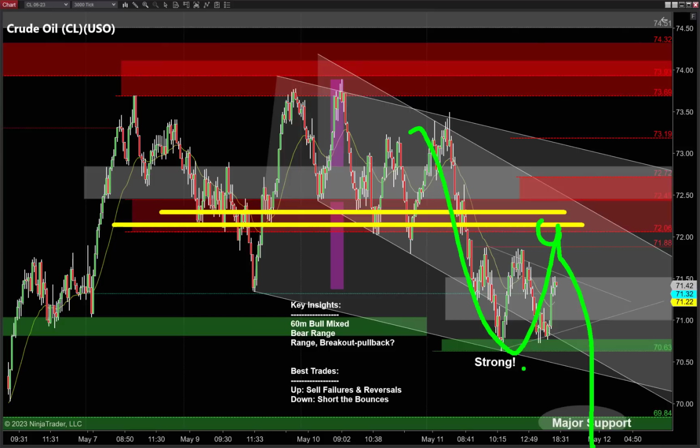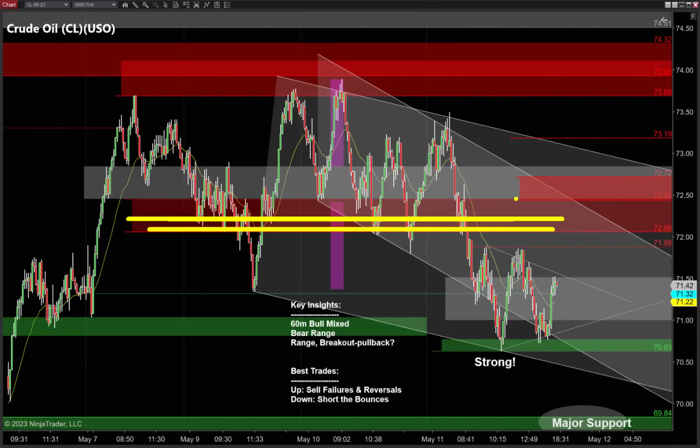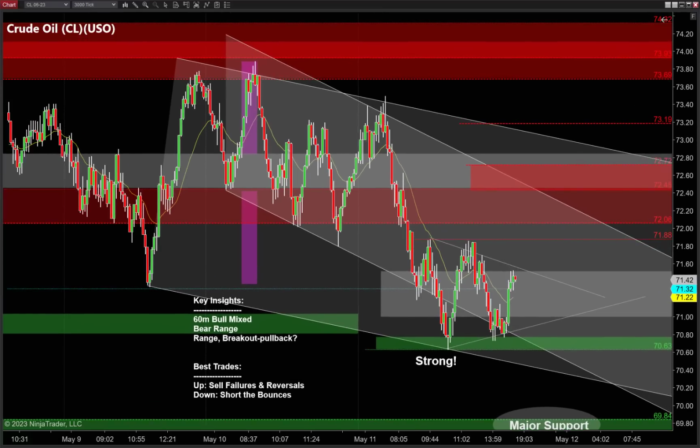Ranges are pretty simple in that sense, right? We buy low, we sell high, and then once we get a breakout, once we see a convincing breakout down here, we then start using the underbelly, as I say, the previous levels of that range as key areas of resistance for a breakout pullback. Really, the name of the game right now for oil appears to be short the bounces until we see something